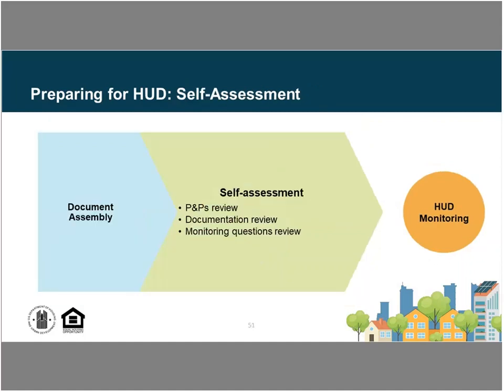So once the documents have been assembled, the suggestion is that the PJ go through a self-assessment process. We've mentioned that there is a standard sample tool that we have provided as part of this series. And so for each of these activities, looking at the policies and procedures that would be specific, in this case to CHDO, we've talked about some of the details that would be included in that. And then as part of that, a document review, so when I pull out a file for a specific